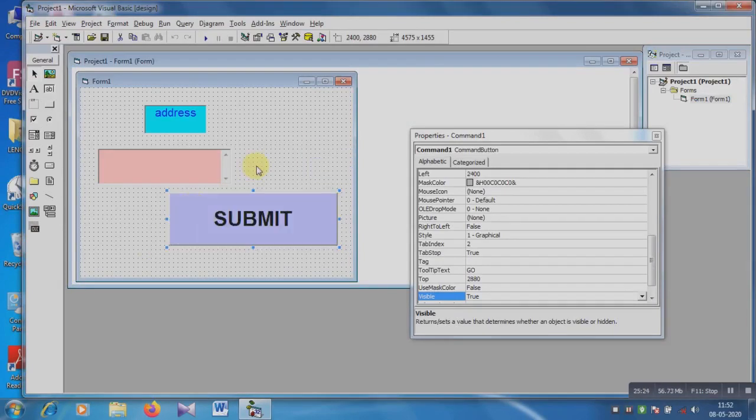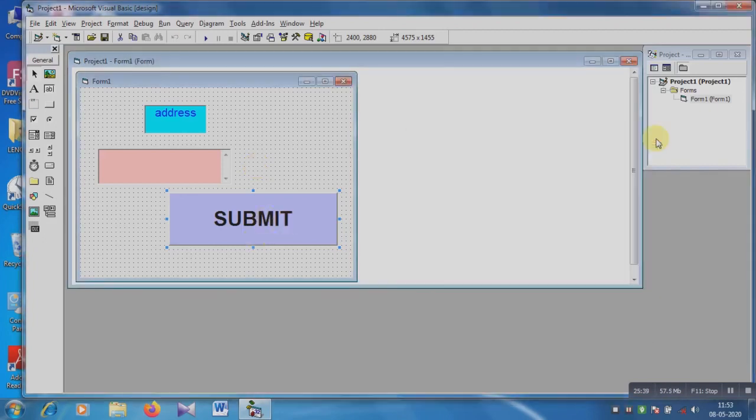So in this way you can create these three controls: label, text box and submit button. And using the command button, actually command button, not submit button, mainly we show the output. So how is it possible?